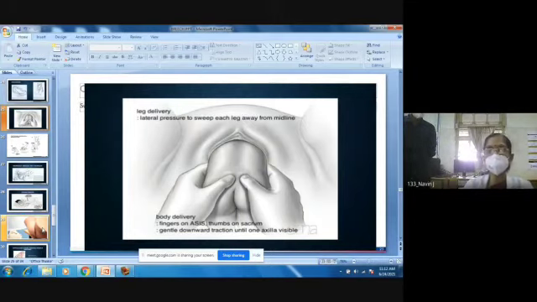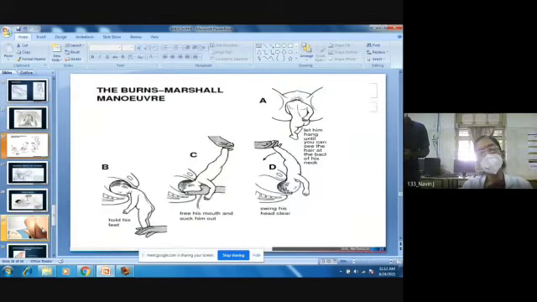Once you start assisting, this is how you should hold the baby. This grip is called the femoropelvic grip. Your thumb should be on the baby's sacrum and your fingers should be over the iliac crest of the baby. This is the femoropelvic grip. The baby should be covered with a towel. The cord should be pulled and kept to one side. And ensure that the baby's back is facing you. You should not allow the baby's back to go to the posterior side. Now you give gentle traction and hook out the baby's arms.